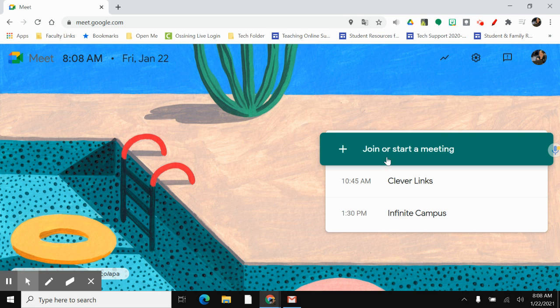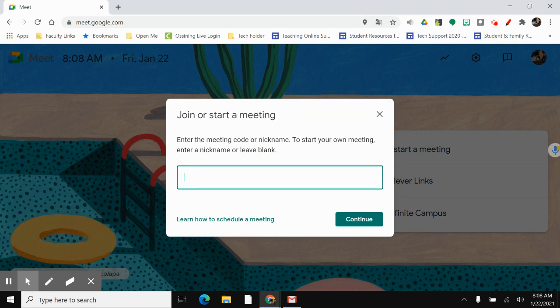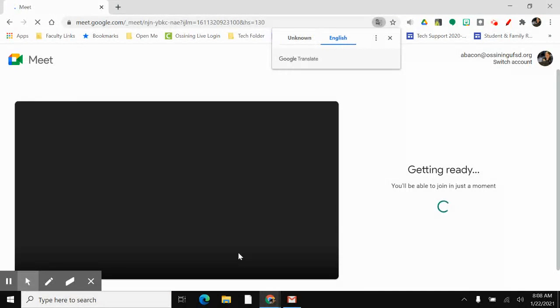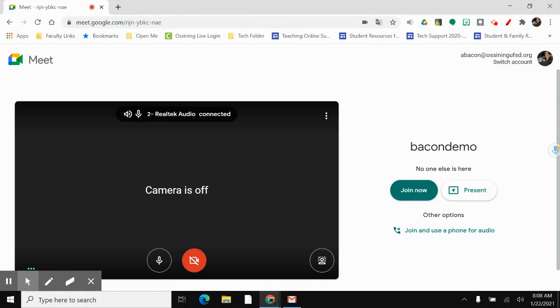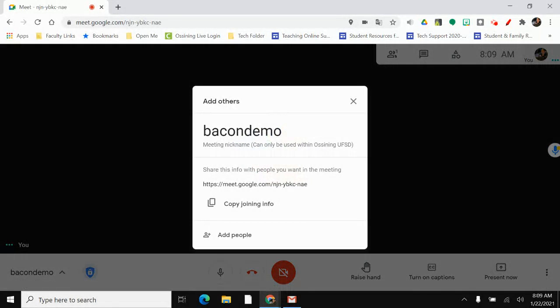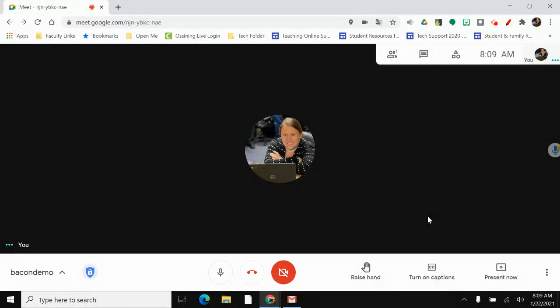I know there's some people struggling with their Google Meets and having problems with connectivity, and sometimes the Meet will drop when sharing tabs. So I wanted to give you an opportunity of being able to troubleshoot your own Meets. There are times that it is a Google problem, sometimes it is an Austin problem, and sometimes it's a specific computer problem. So if we hit join now and we go into the Meet,